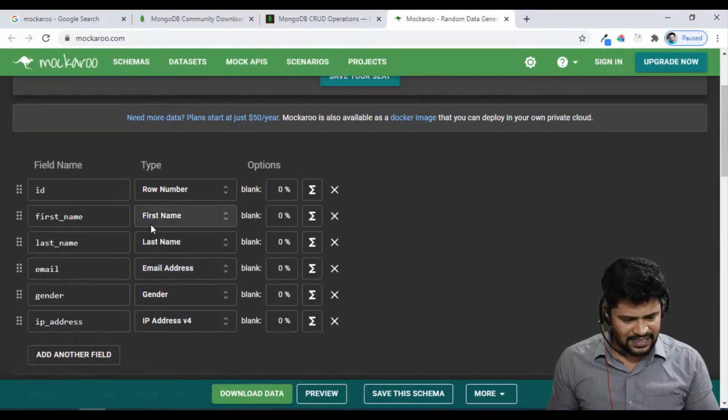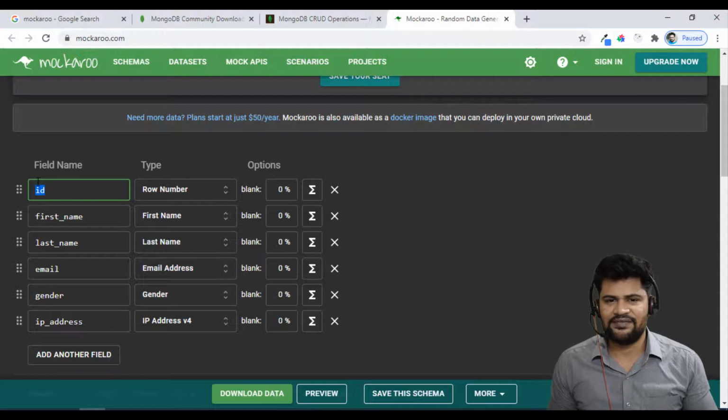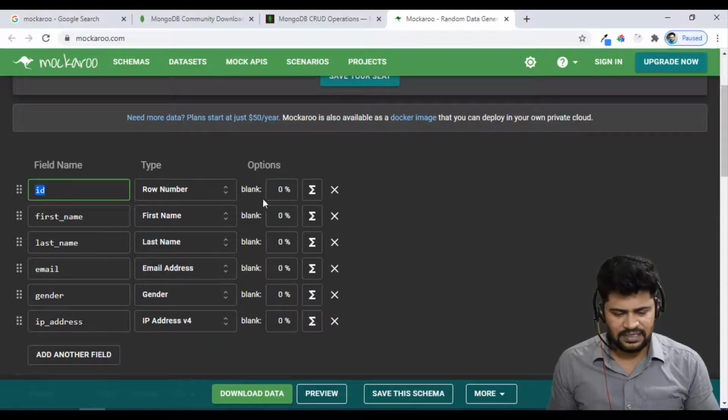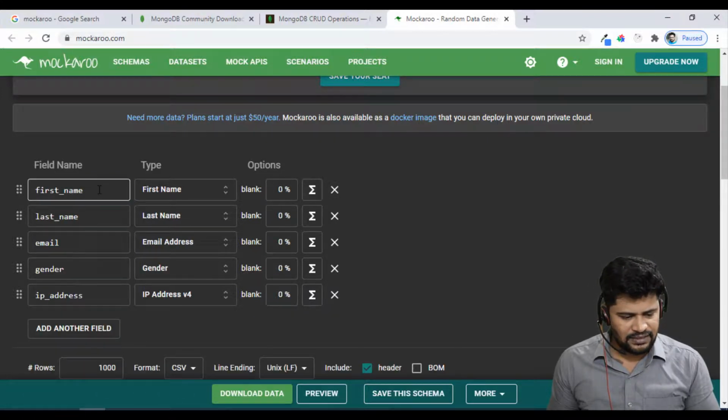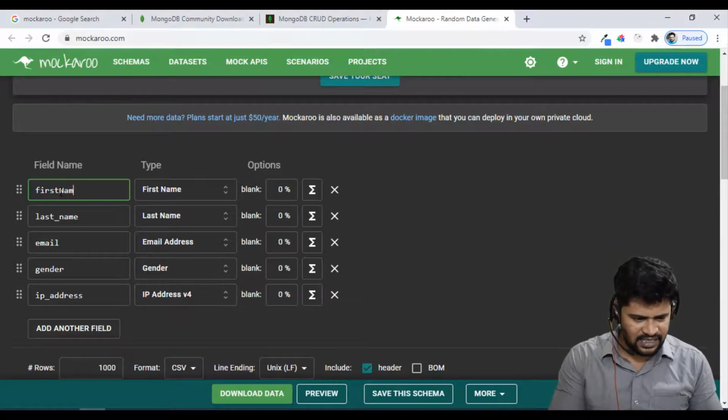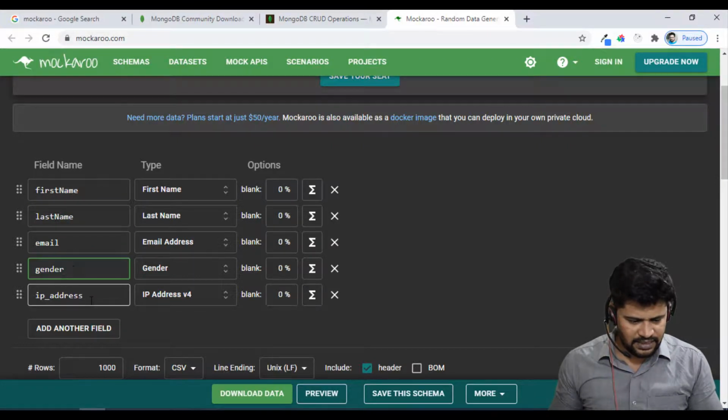So now let me slightly change this. ID is actually not required, because this ID will be auto generated by MongoDB. Not required. So first name and last name, okay, and email, gender, IP address.